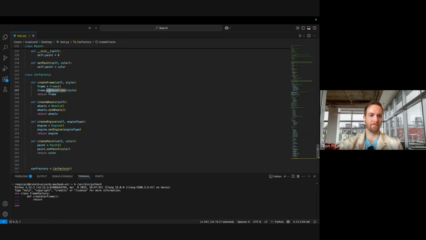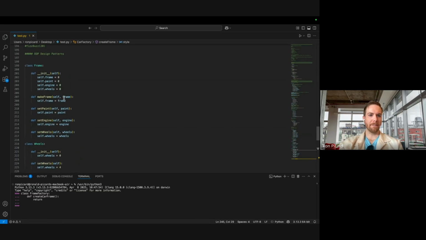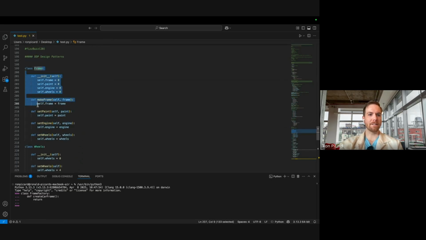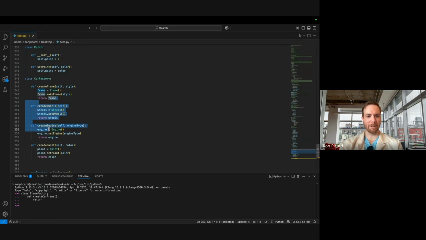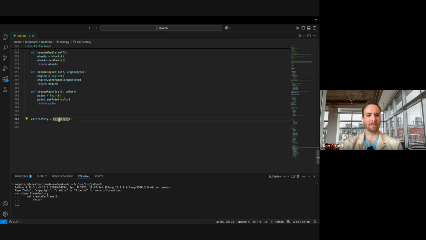You make frame. Right. So we have make frame, and then we have the ability to set the other components of the engine into the frame as member variables. We have other classes for all those components. We have a CarFactory that puts it all together, and then we are responsible for assembling it outside of the class. So I have a CarFactory. First thing I have to do is create the components. So I need to create a frame